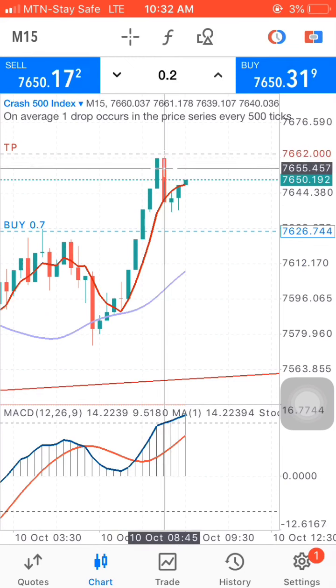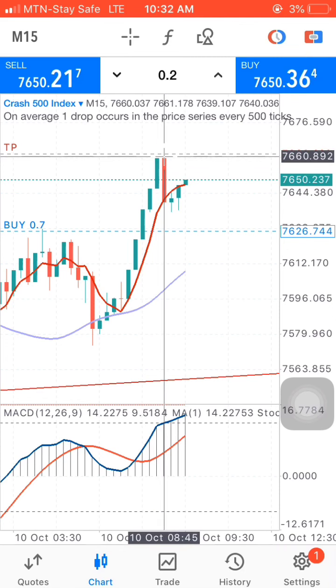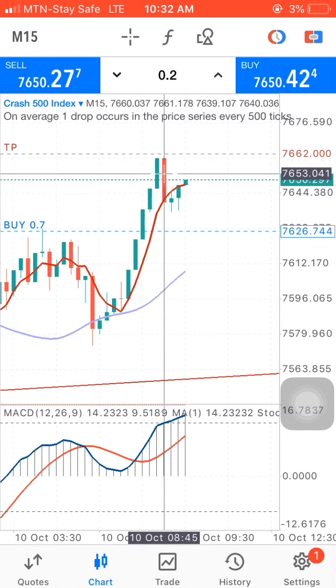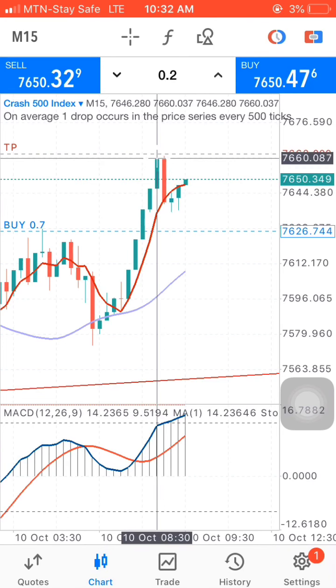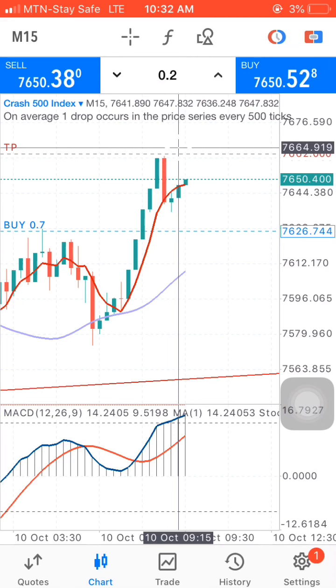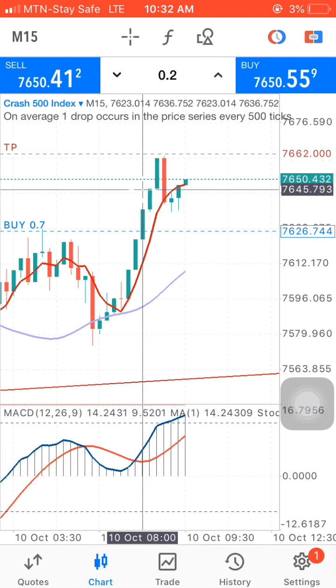So I expected it to get to this level at least before coming down, but it came and kissed, but still came down. But I'm still expecting it to cross here. That's why I'm always telling people the profit you have at hand is better than the losses that you might incur later. Some of you have a small account, but you hold on to a trade that you have seen a profit that is okay for you. That's great,